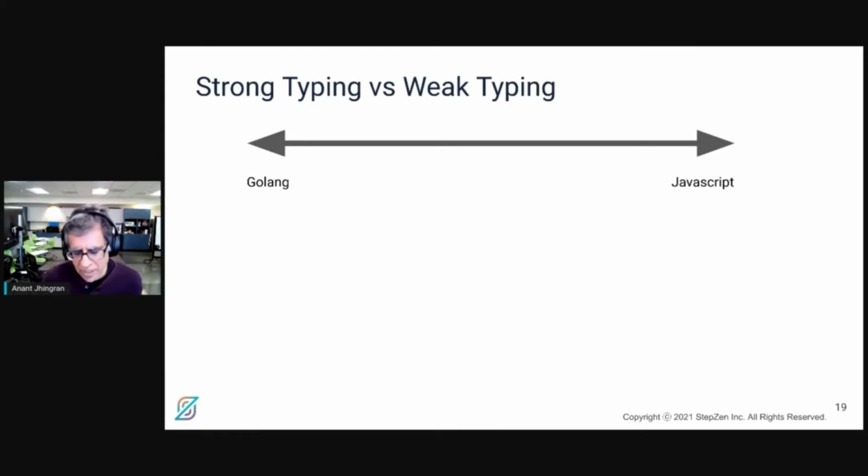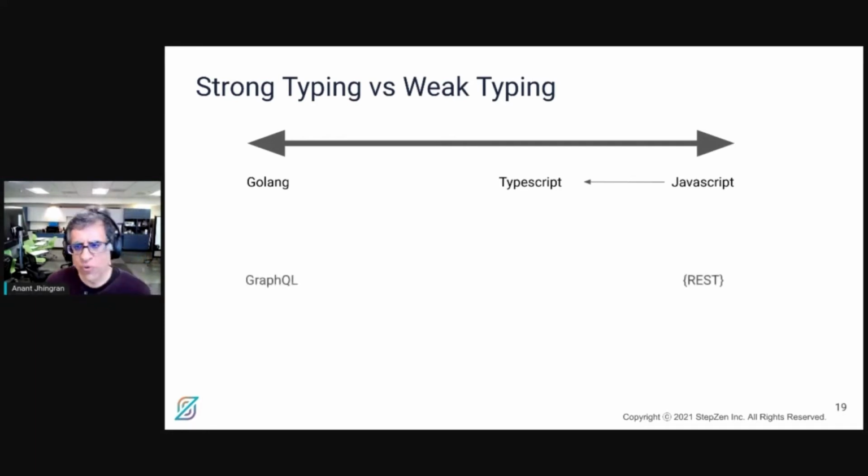Golang is strongly typed, and the two are just different. Getting a Golang developer to work in JavaScript becomes difficult, and the two have to be brought together. And therefore, people have said, let's add TypeScript as something that introduces strong typing to the world of JavaScript.